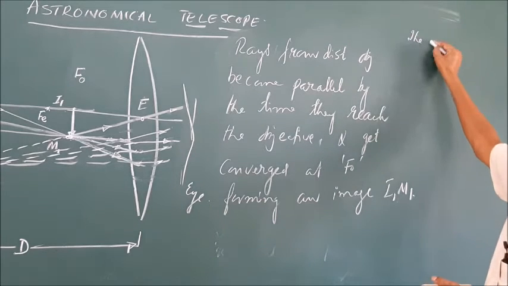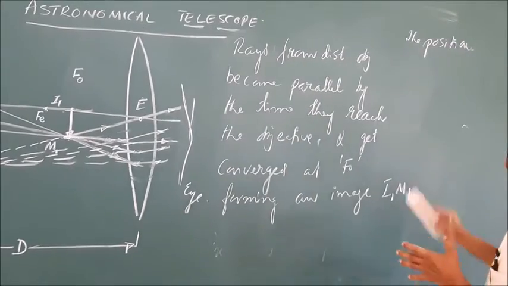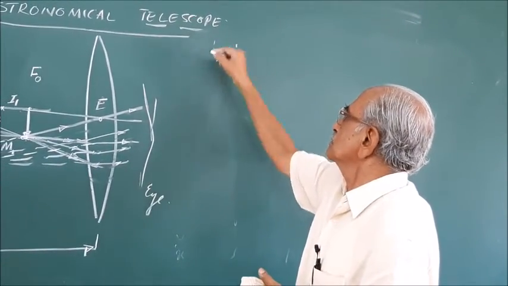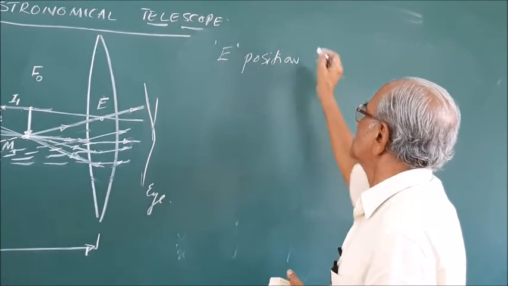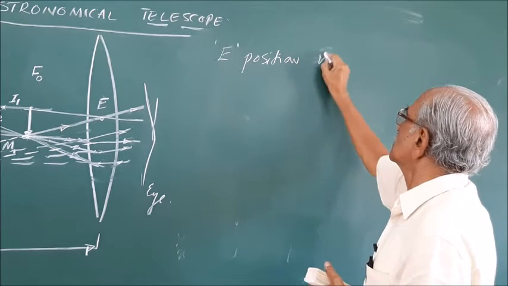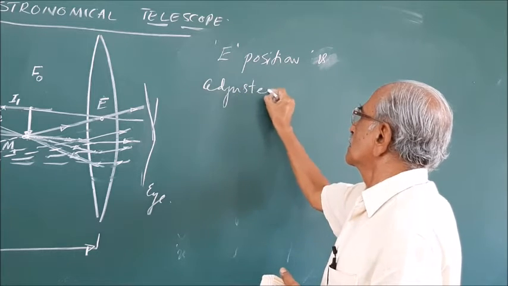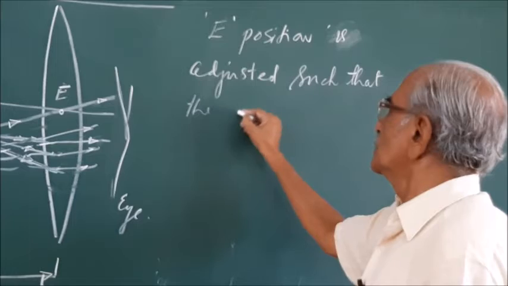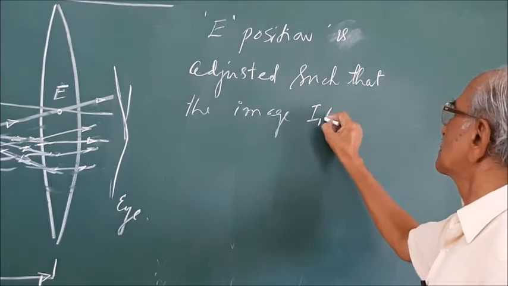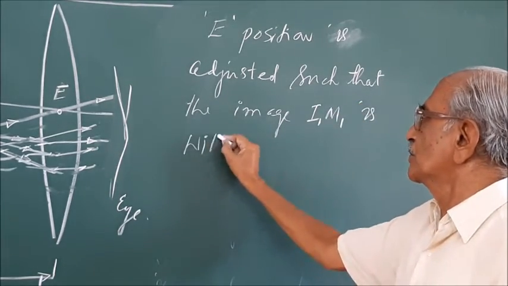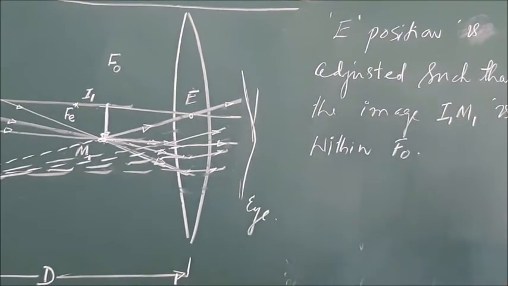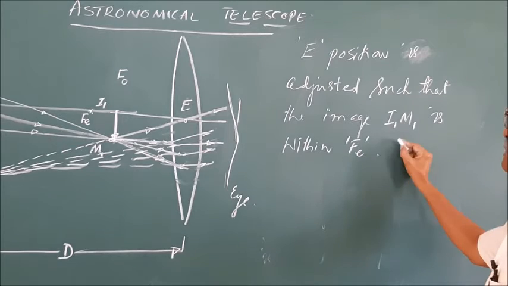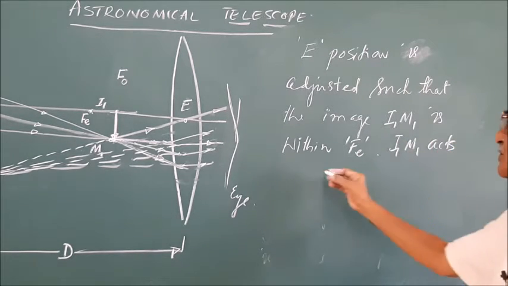The position of the eyepiece is adjusted such that the image I1M1 is within FE, the principal focus of the eyepiece. I1M1 acts as object